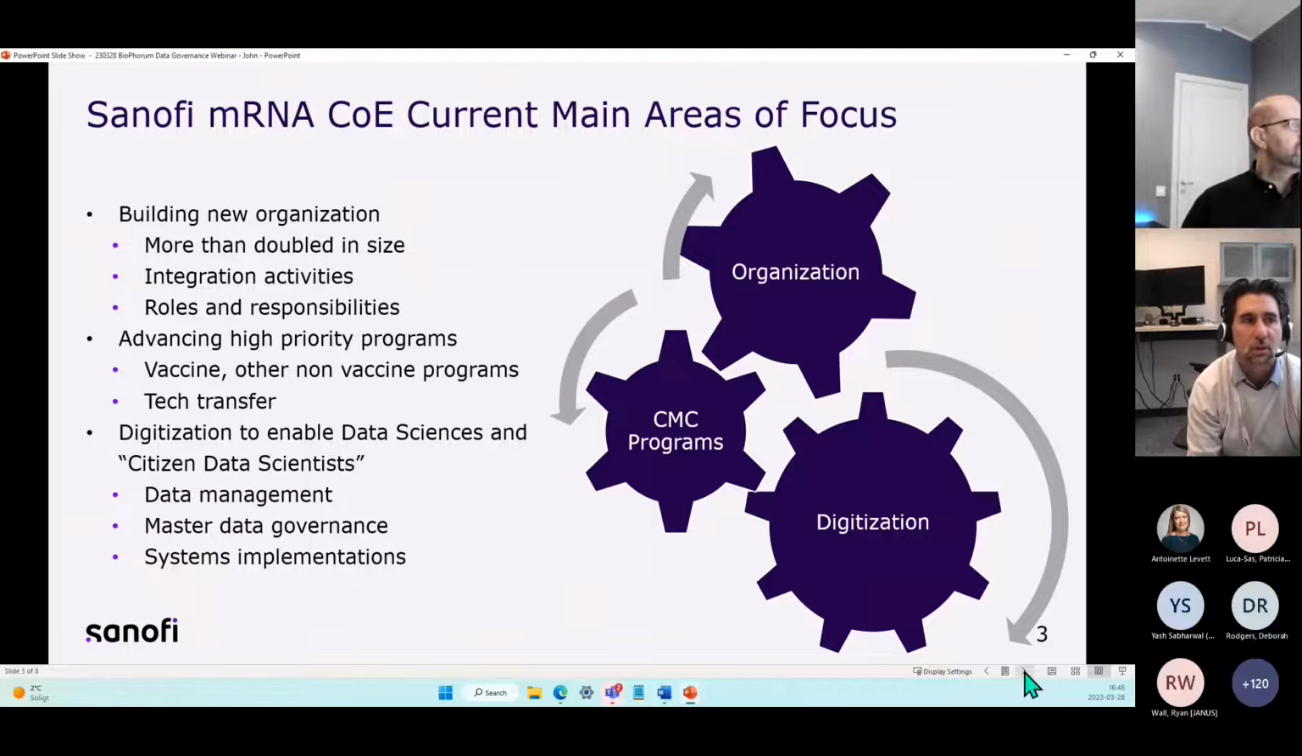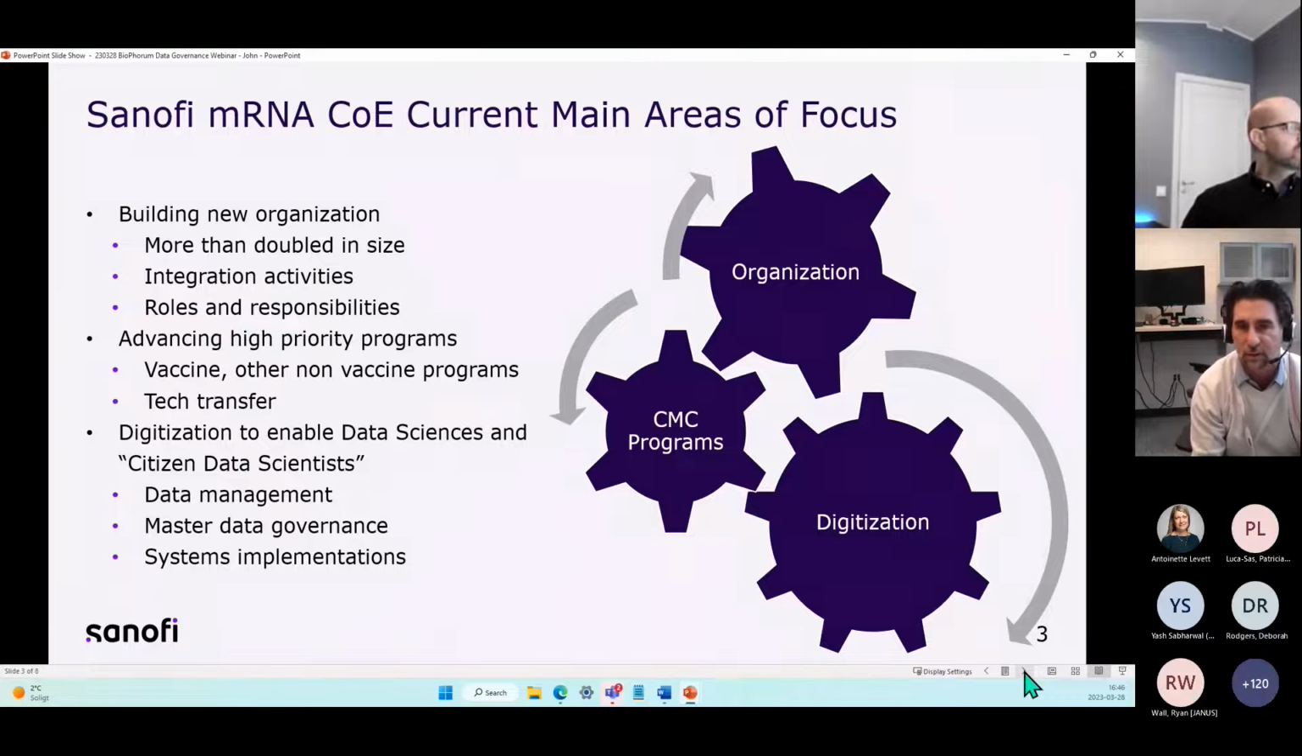Some of these vaccine programs were also in the midst of tech transfer to our contract manufacturing organization to make product for our clinical studies. So we had a lot going on. We still have a lot going on, and credit to the organization, there's a huge focus on